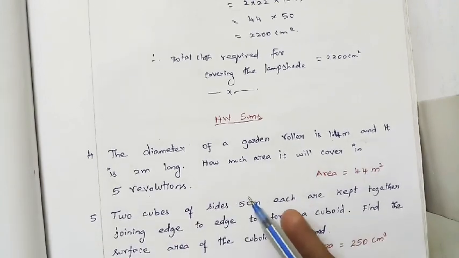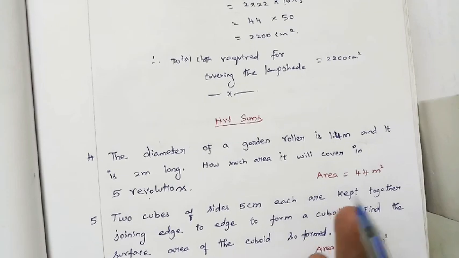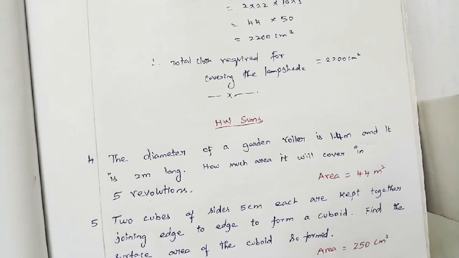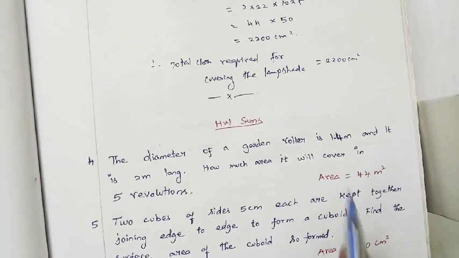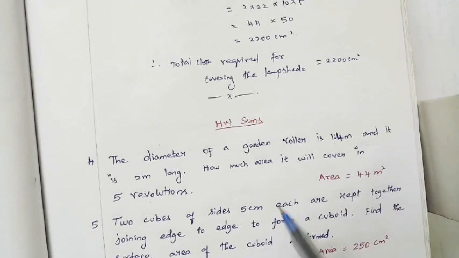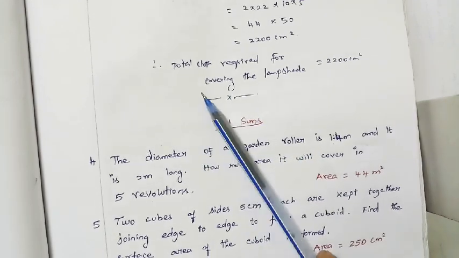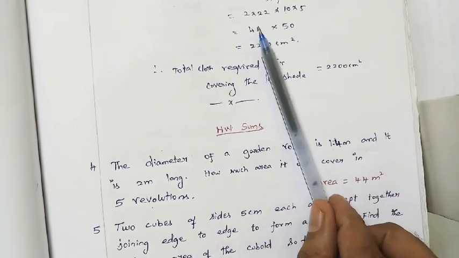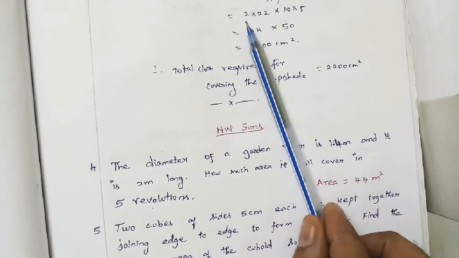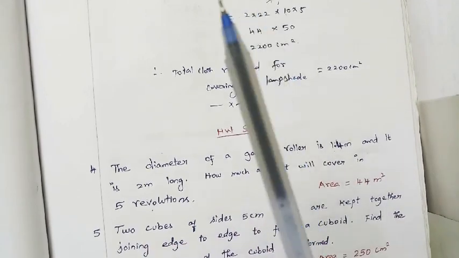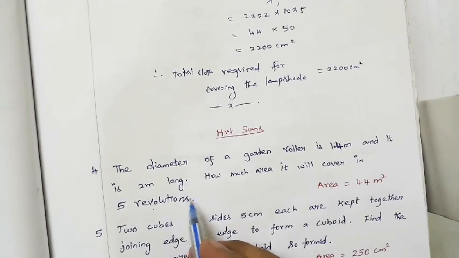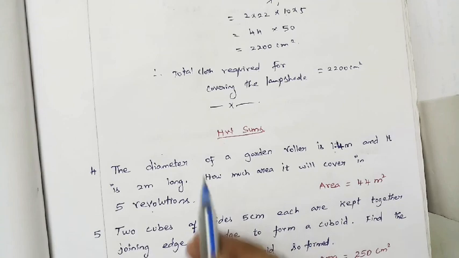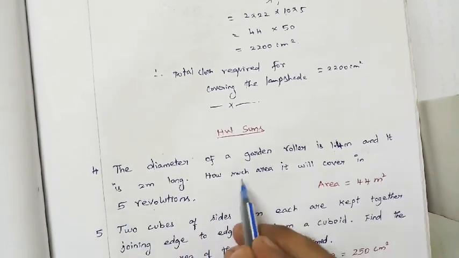So for one revolution, how much area will it cover? What is the area? Whether CSA or TSA? Curved surface area or total surface area? Curved surface area, right? So we don't want to calculate the top and bottom of the cylinder. Once it is rolling, I'm just taking this pen, once it is rolling, this area alone, for one revolution or one rotation, is how much area has been covered. That is nothing but the CSA of a cylinder. After finding the curved surface area of a cylinder, just multiply by 5, and we will get the total area covered